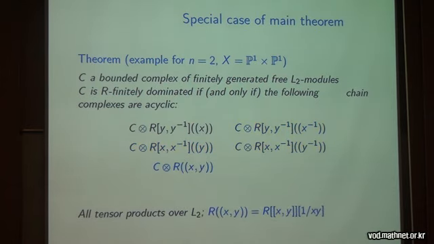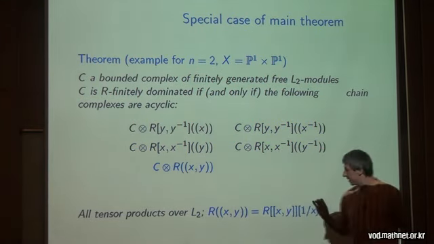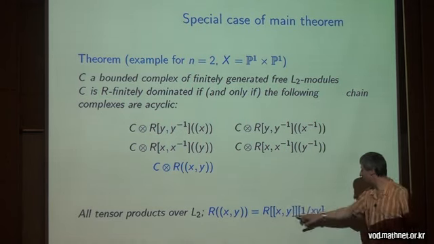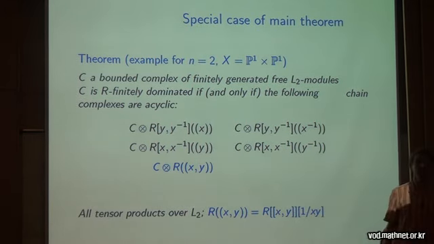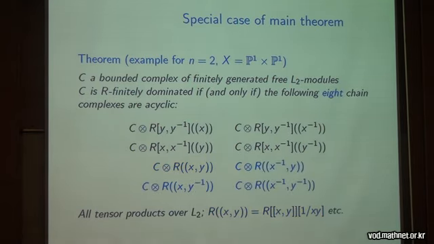And here you have this new type of Novikov ring appearing, that is Z double parenthesis xy. So this is formal power series in x and y, and then you invert the product xy. In terms of support, you look at maps from Z2 into R such that the support can be shifted: if you shift to the top right finitely often, then you end up in the first quadrant. That comes from one of the vertices, and then of course you have the other 3 vertices. And that is a complete homological characterization of R finite domination in this case.